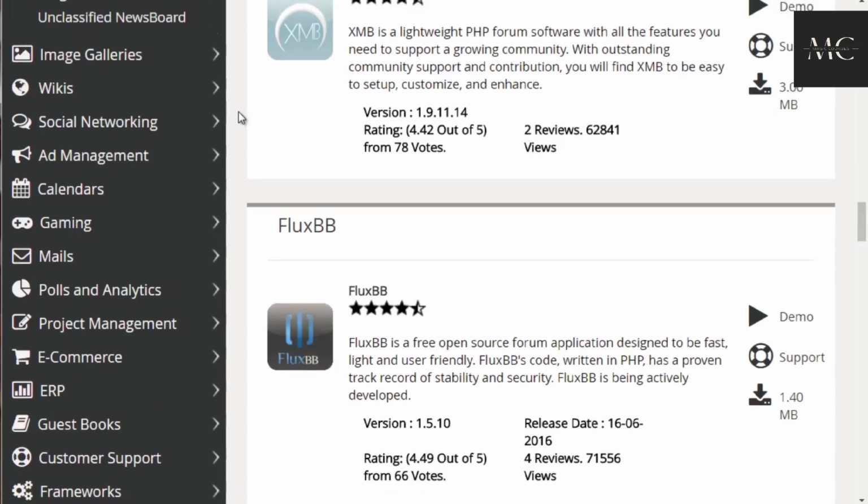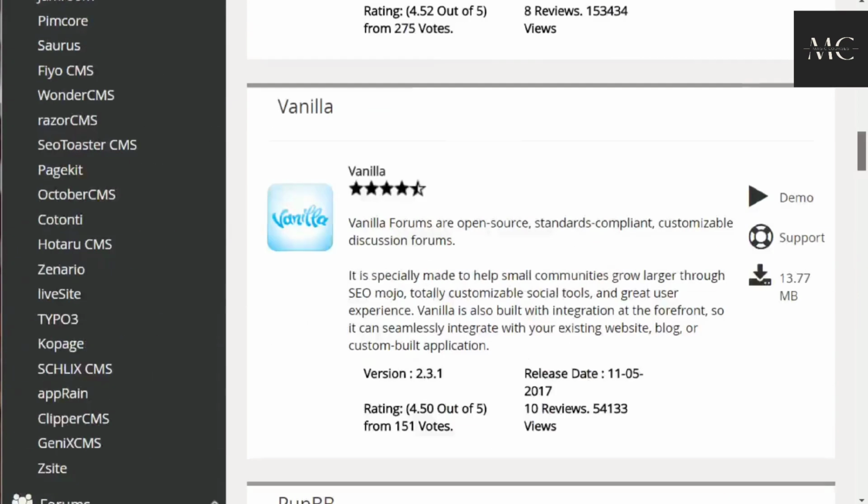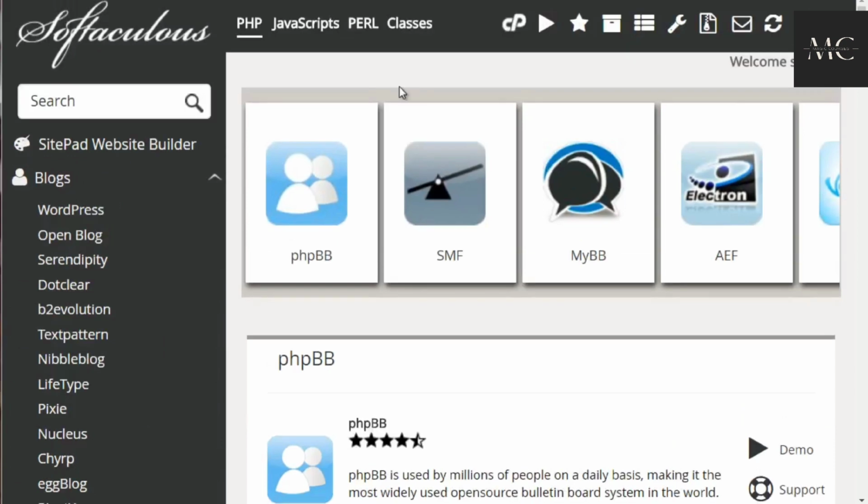Now keep in mind, if you're installing something like WordPress, you don't really need all of these. You can actually create all of these within WordPress by using WordPress plugins. And then we have wikis, we have social networking, we have calendars, we have analytics, we have e-commerce. So there are tons and tons of stuff in here, but at the end of the day, the best way